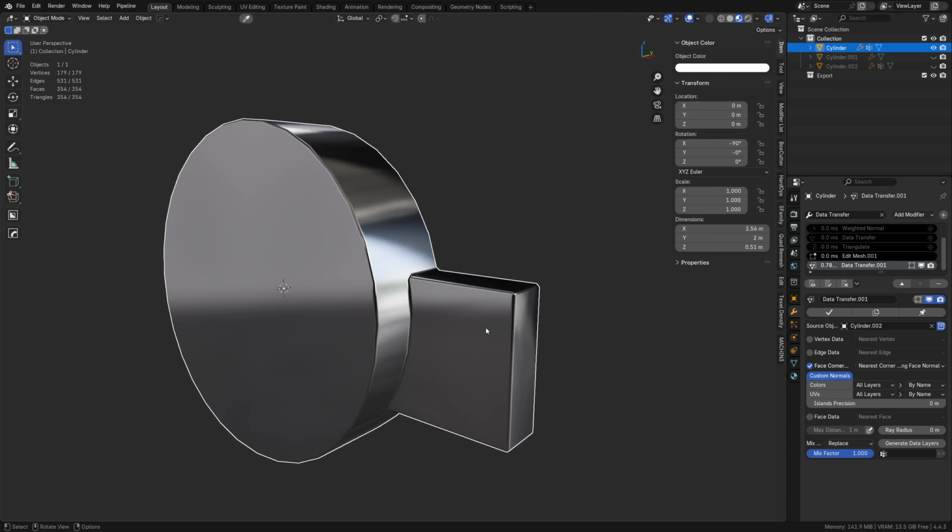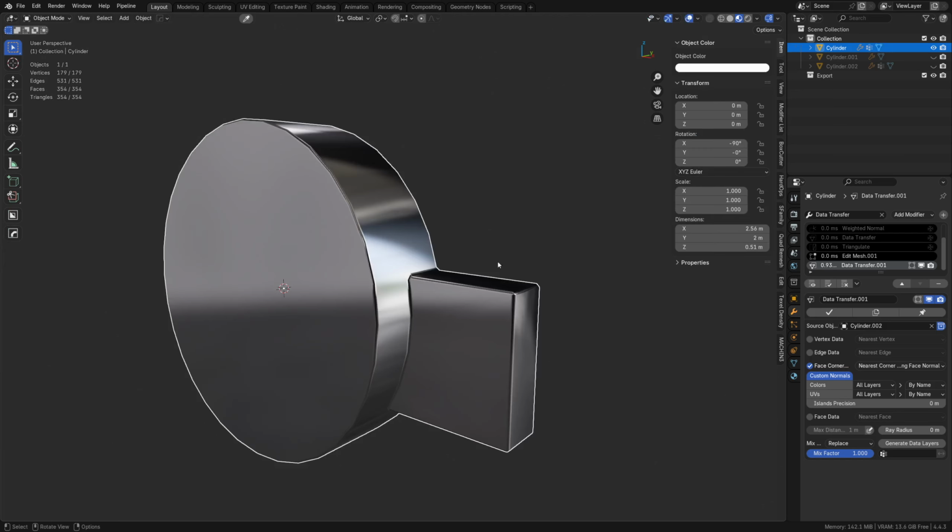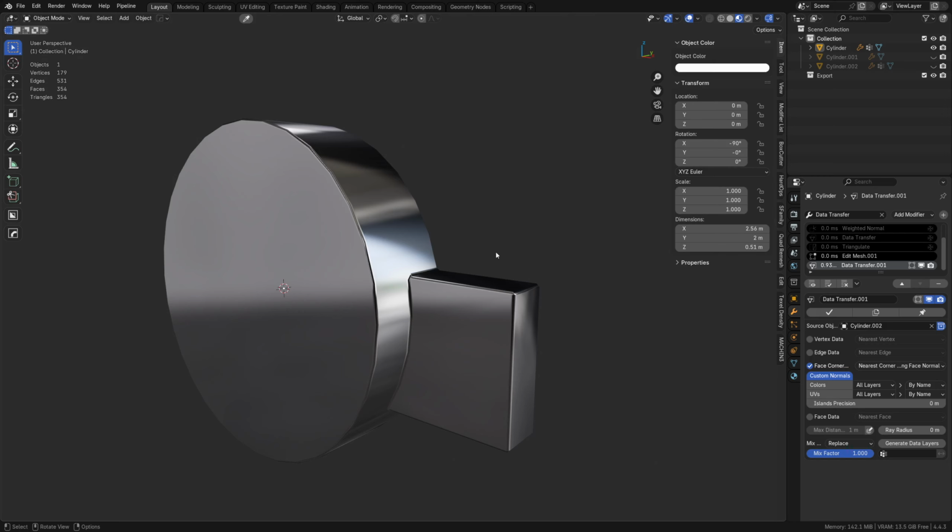Now, I know somebody's going to ask, or maybe I've mentioned it in a previous video, where you can create custom normals by using the normals panel here, Alt-N, and doing rotates and point to targets and all this fun stuff to create custom normals. Look, right now, as of this version of Blender, 4.4.3, those menus are still very bugged. They were bugged in 3.6. I feel like they're more bugged now, but maybe they aren't. Who knows? They tend to get weird, like alignment issues sometimes, or the settings get stuck and things like that. So I'm not going to cover that right now. Maybe Blender will fix those things at some point, but